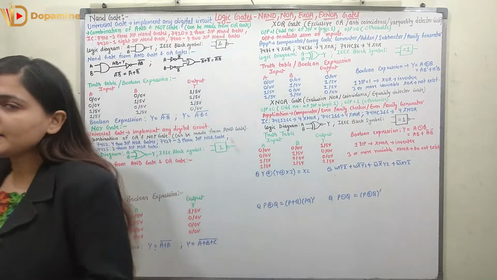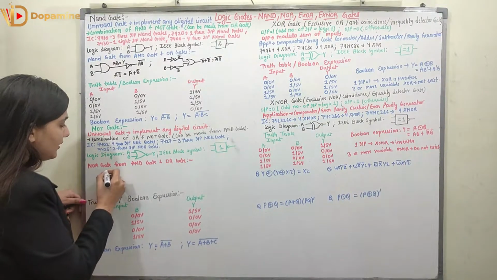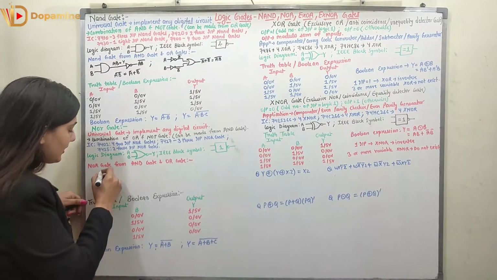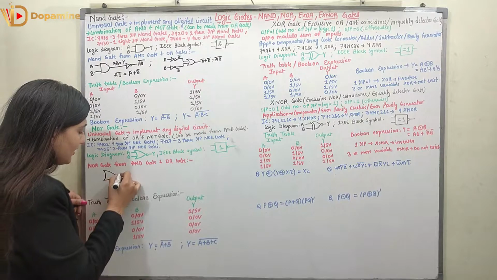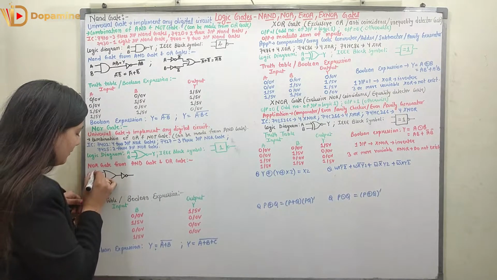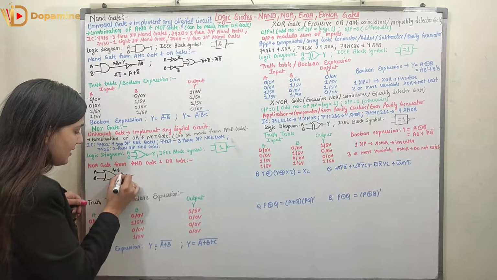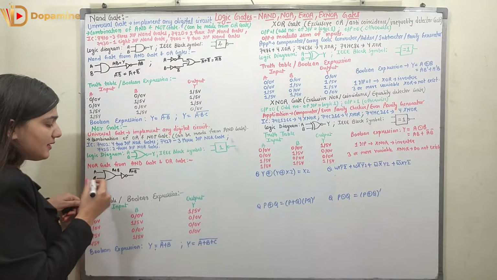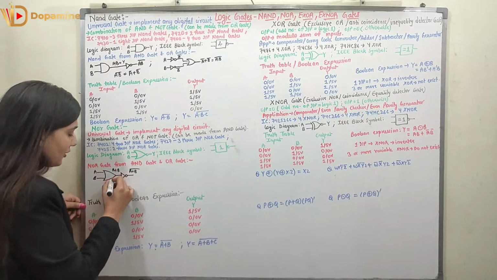Coming to the implementation of the NOR gate from AND gate. How to make the NOR gate from AND gate and the OR gate? So first of all, I am going to make the NOR gate from the OR gate. It is very simple. Here I am going to take an OR gate and club it with the NOT gate. So if I have two inputs A and B, the output of OR is A plus B, and if I take the complement of it, the output would be A plus B whole bar. So this is how with the help of OR gate I can make a NOR gate, right?